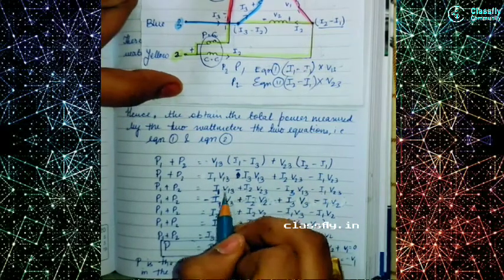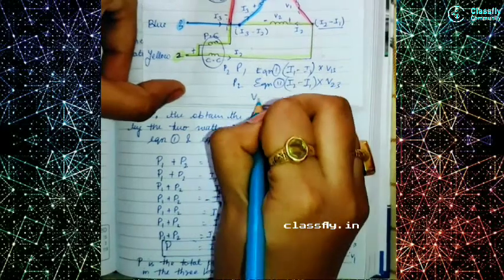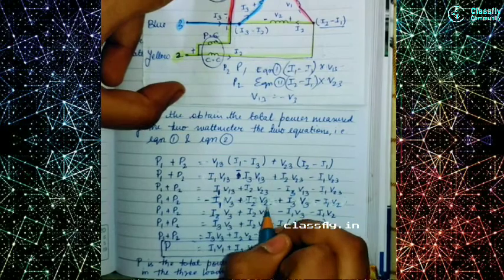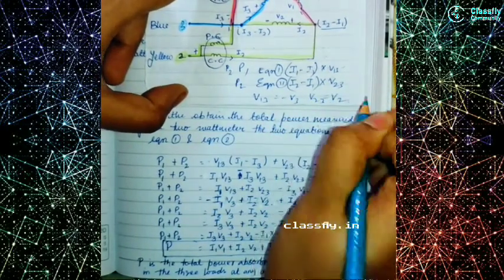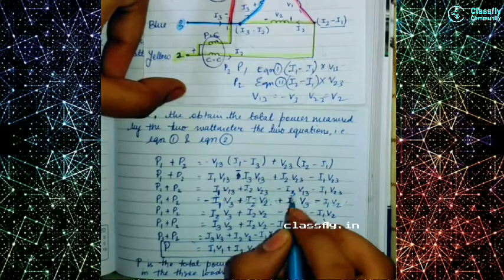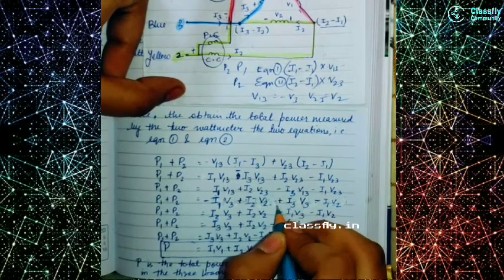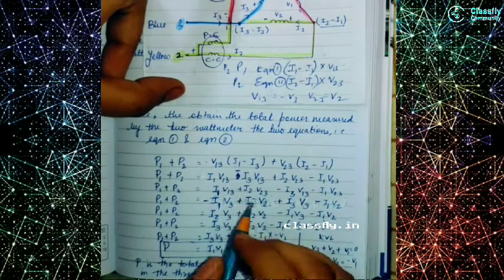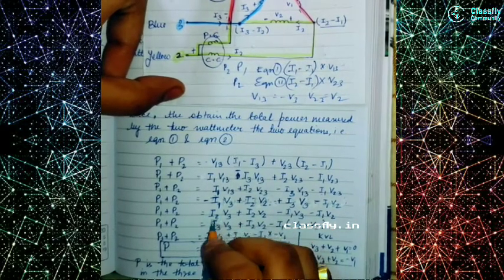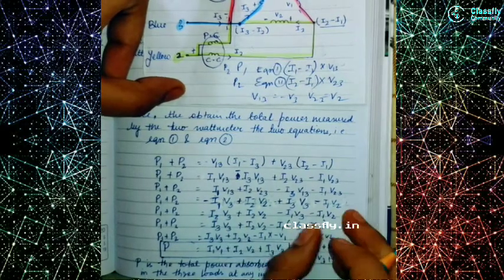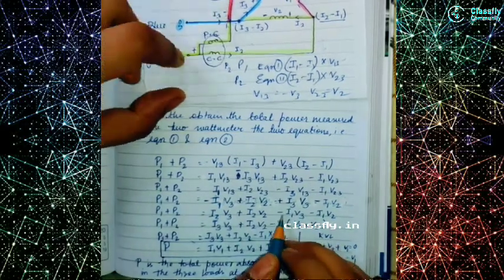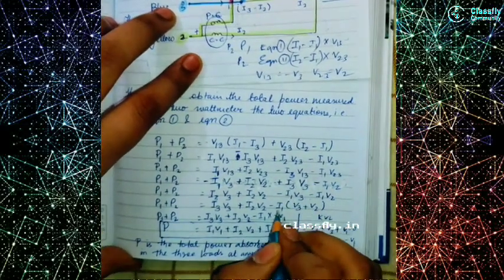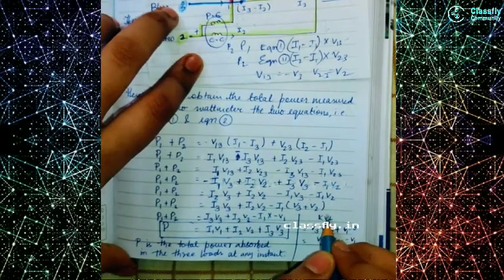Now you will put the values of V13 and V23. So V13 was minus V3, so we got minus I1 V3 plus I2 V2, because V23 was only V2. Plus, why will it be plus? Because V13 is minus V3, so plus minus plus. So you will get I3 V3 minus I1 V2. So the last part we got is I3 V3 plus I2 V2, and we take all the negatives together and we get minus I1 V3 minus I1 V2. Now if we take I1 common, then we get V3 plus V2.